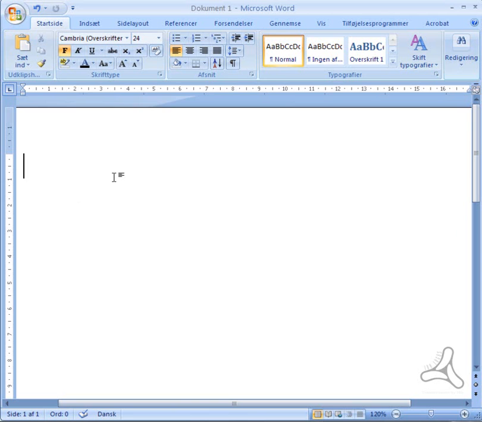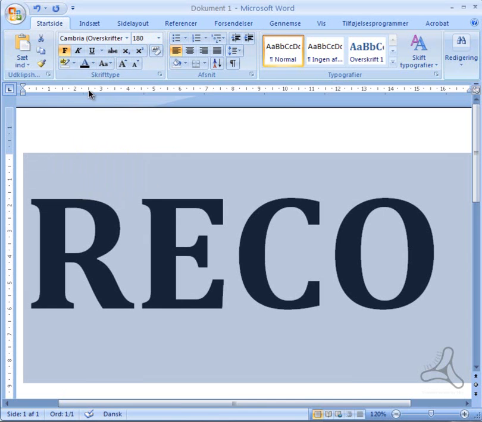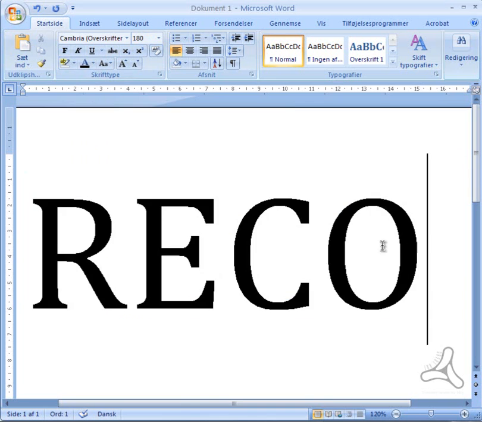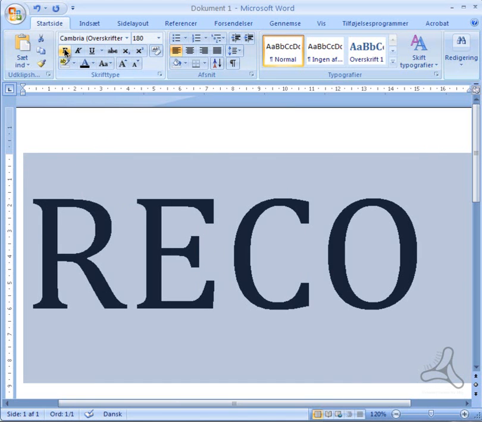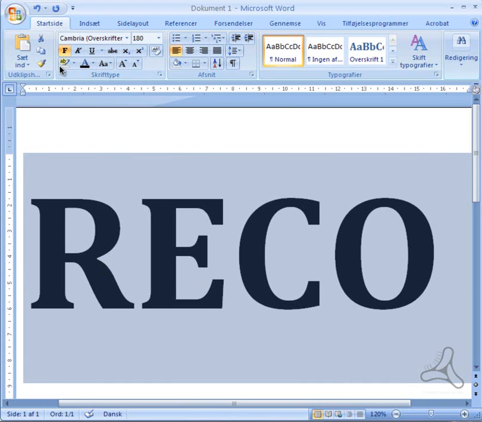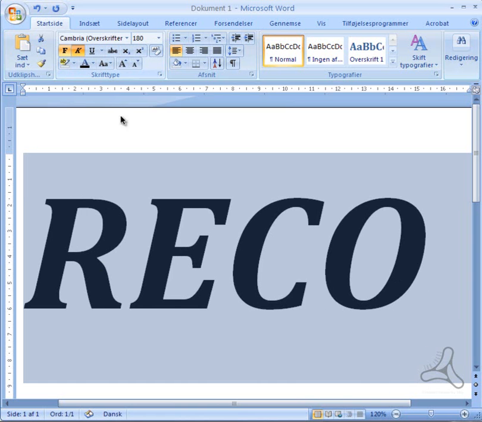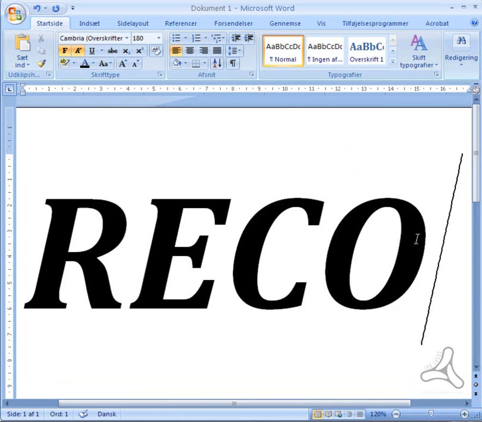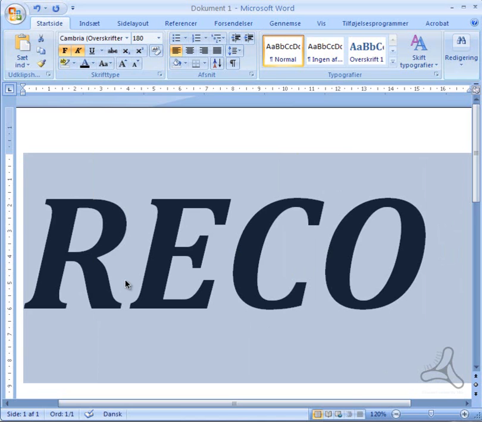Let's just type here, for example, say Rico, and let's pop this up a bit, and let's say this here is the standard font, but I want this to be bold, and I want this to be italic, and so on, and this is how they want the text to be. And this often displays in a mail or in a Word document or something like this,